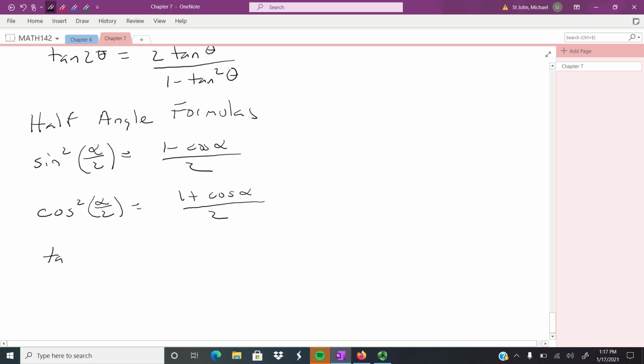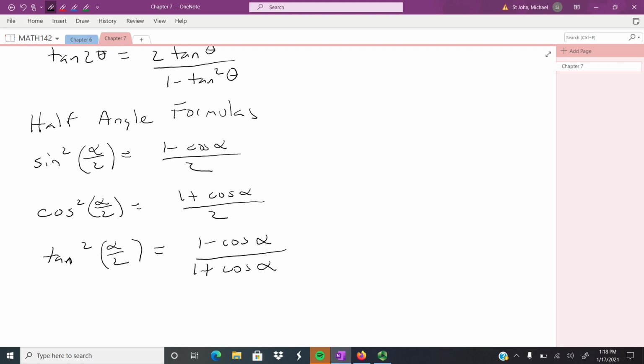And tangent squared alpha over 2 equals 1 minus cosine alpha over 1 plus cosine alpha. Right? Now you notice all these are sine squared, cosine squared, tangent squared,